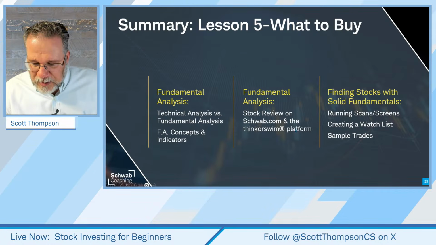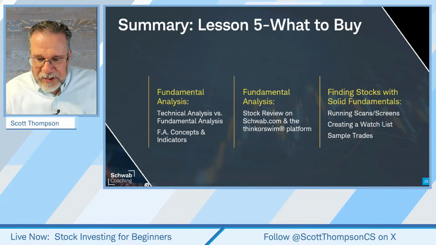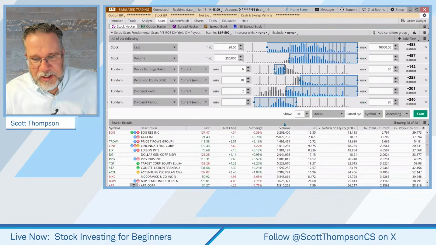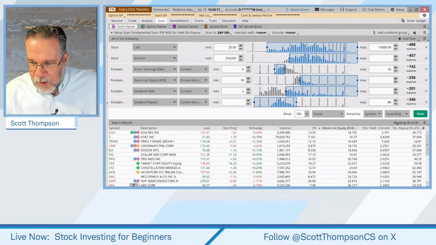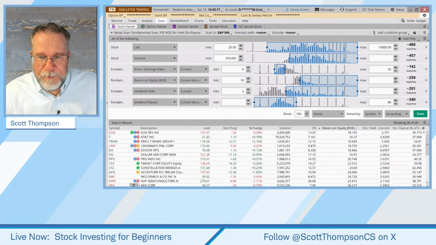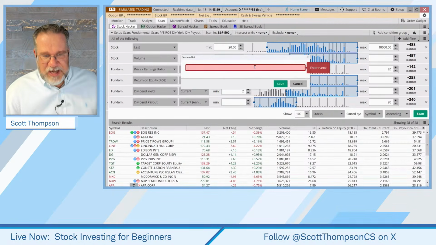I didn't show how to create the watch list, and it looks like we've got a minute, so let me go back and do that real quick. So on the scan page, when you get those results, just right here, go over to the little drop-down menu and do save as watch list. And then that's going to bring up a little box, and you can just name it whatever you want.